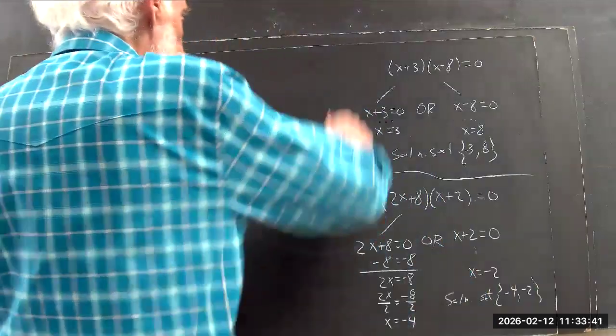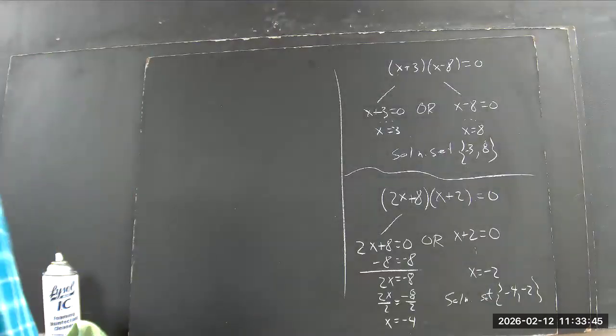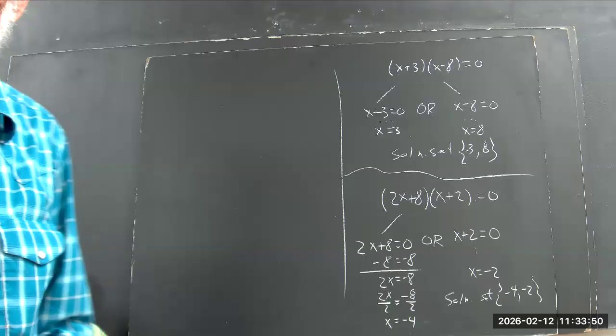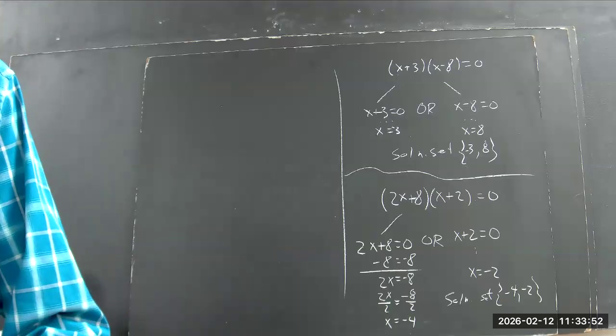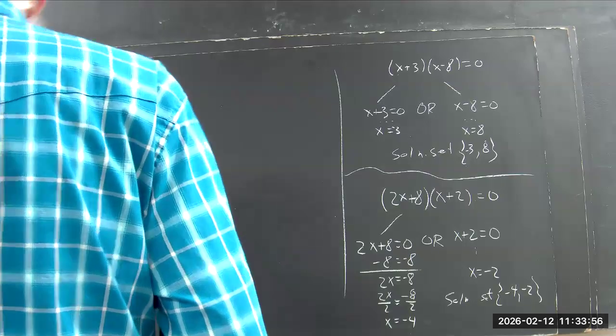So anyhow, there's my solution set. You got to use this form. I won't say you've got to use this form, but if you don't use this form, you're probably not going to get it. It's the simplest form. It says everything that needs to be said. Okay? Now,